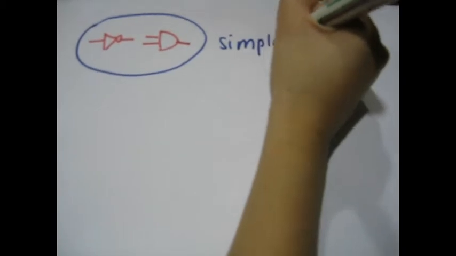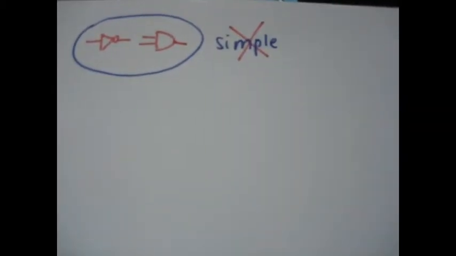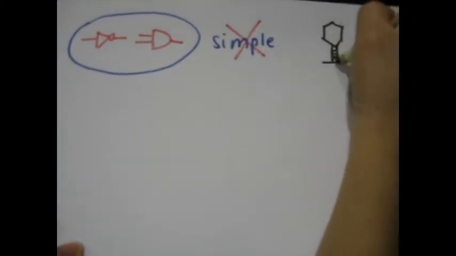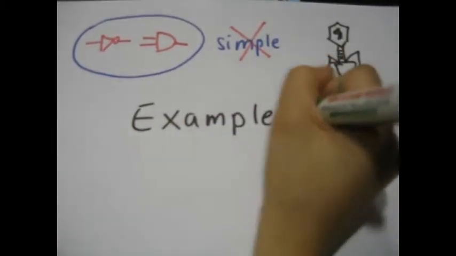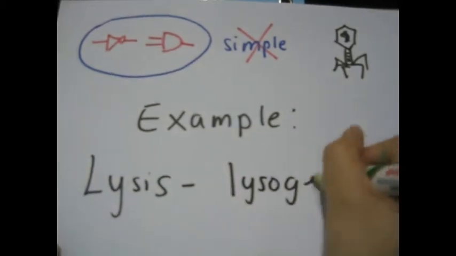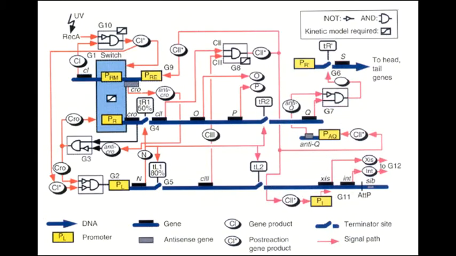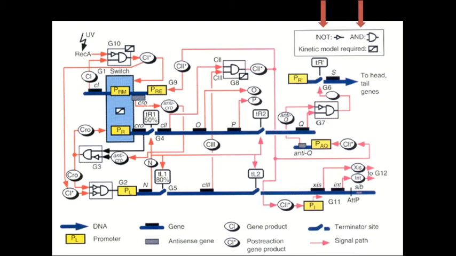This video has described two simple circuits that can be seen in a cell, but things are often not so simple. Researchers in synthetic biology are exploring how to use logic gates to explain phenomena not only in cells but also in viruses, explaining the process of lysis-lysogeny action in a virus. While it looks complex, note the presence of basic AND gates and NOT gates scattered in the diagram. Hence, you can see for yourself how these basic gates, originally applied in electrical circuits, can be extended to explain biological processes.